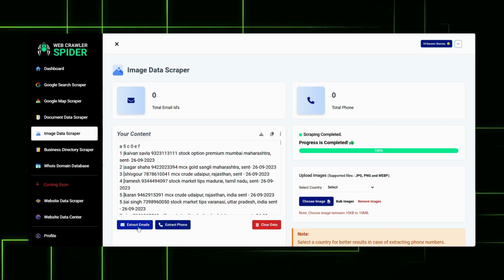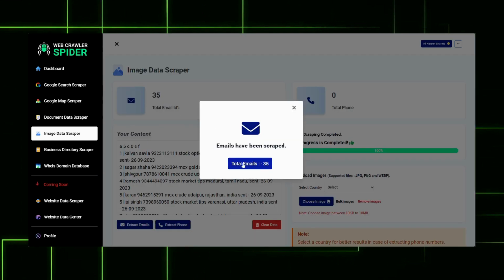You can also extract emails from that text content by clicking on extract email. You will get your emails and